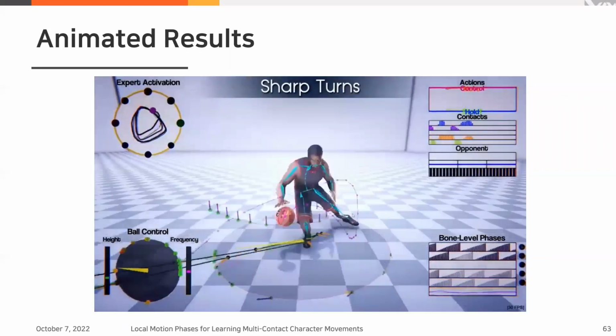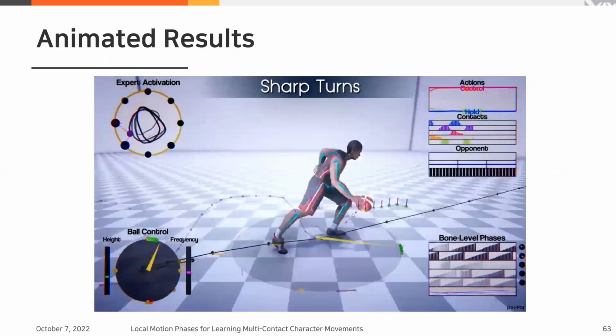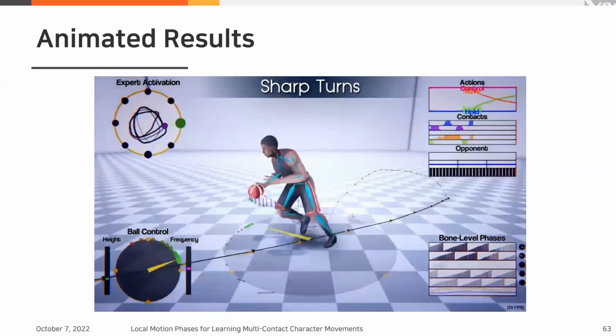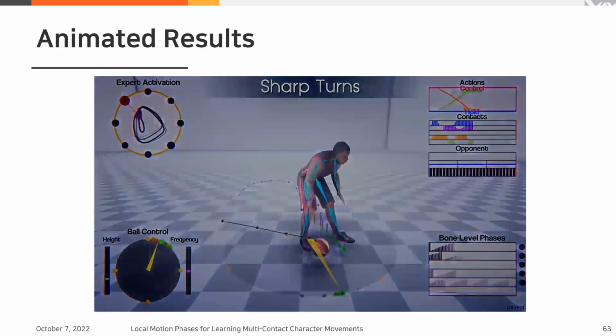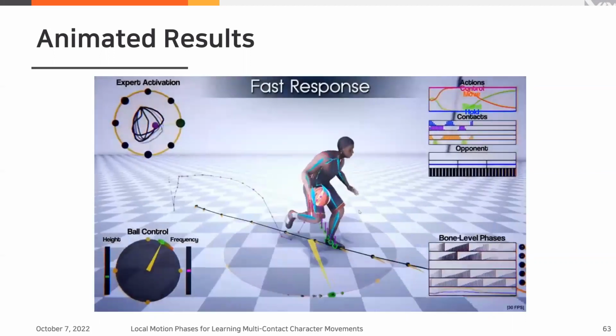And also the character quickly responds to the changing user control signal, and with the randomly sampled noise vector, different dribbling motions are made.